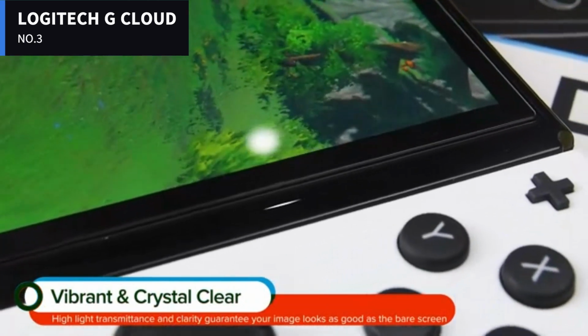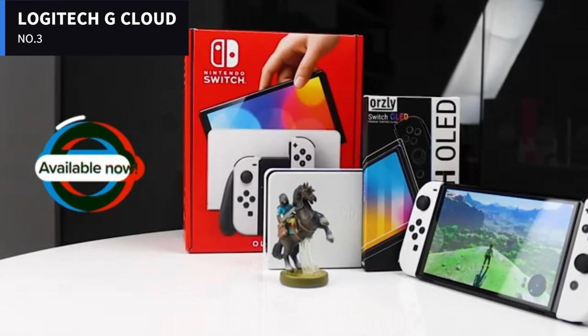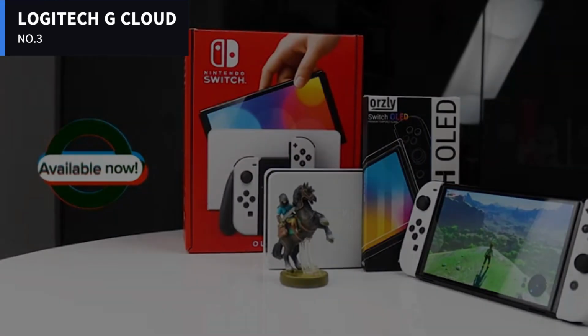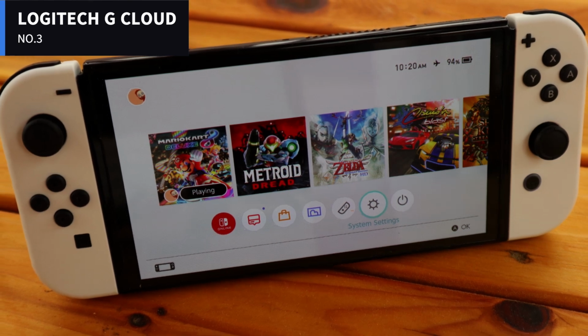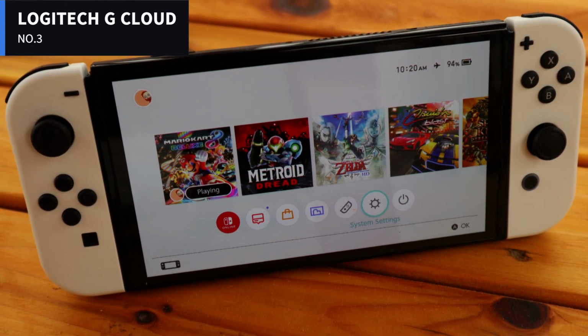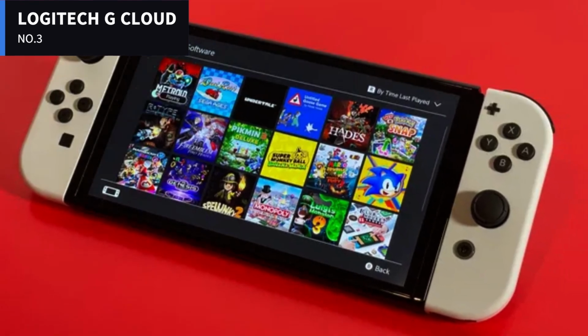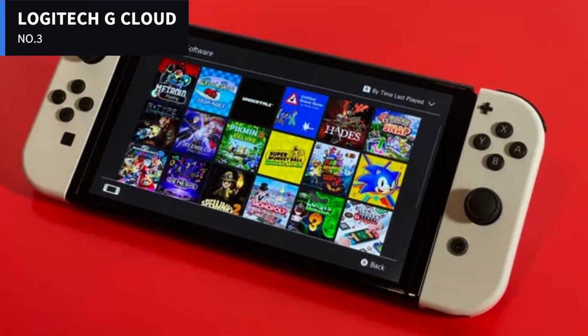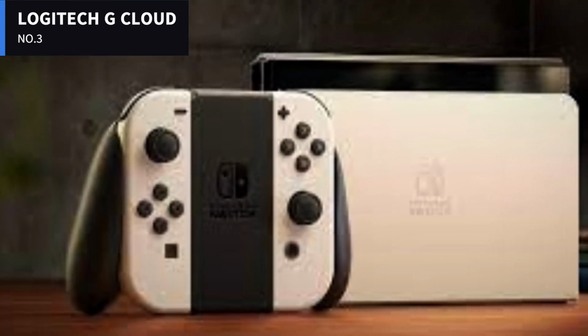The most striking thing about the Logitech G Cloud is how thin and light it is, even compared to other gaming handhelds from Valve, Nintendo, and Neo. Weighing in at just 463g and measuring just 1.3 inches in thickness, it's a slight machine, to say the least. Unfortunately, the main reason Logitech's latest device comes in lighter and slimmer than its rivals is due to